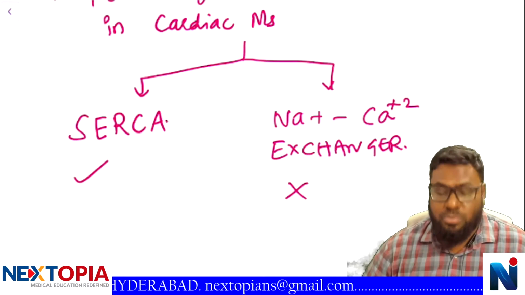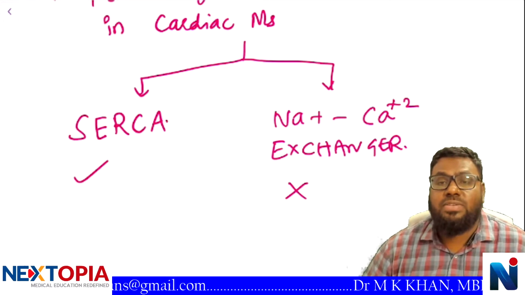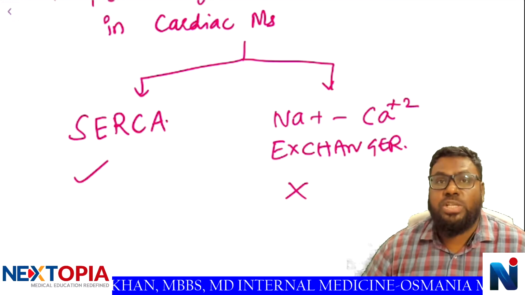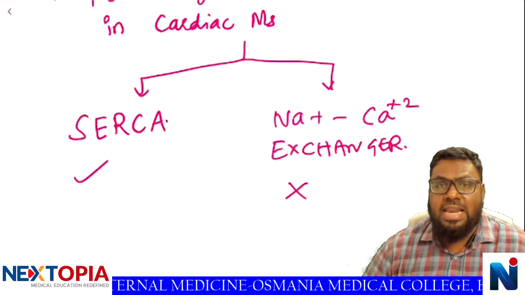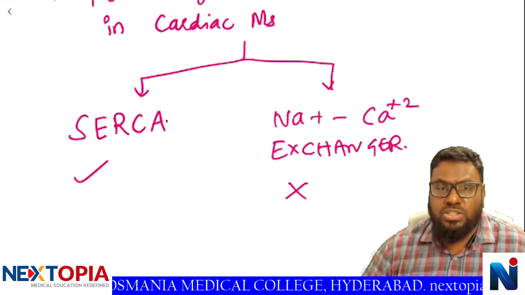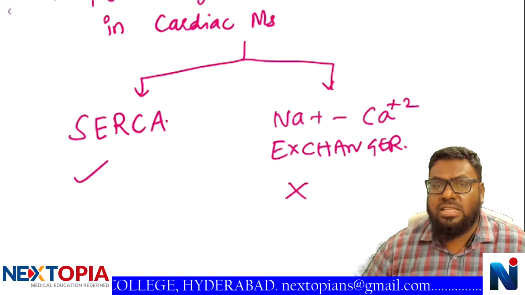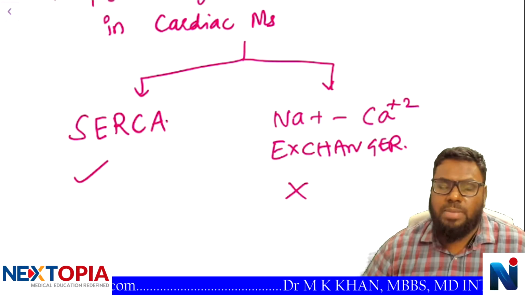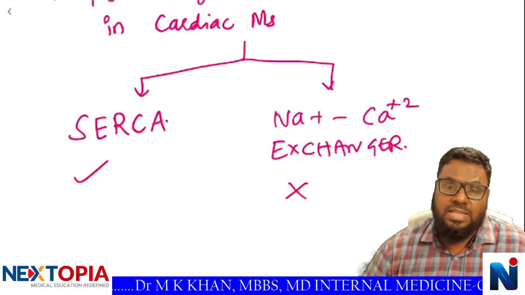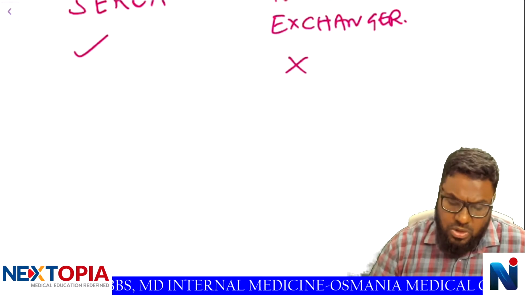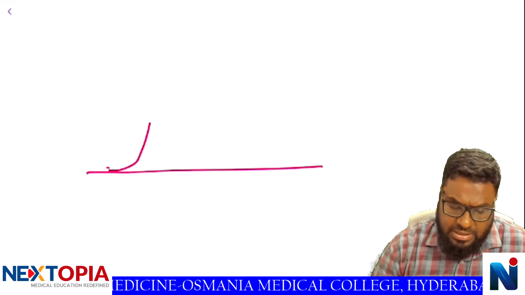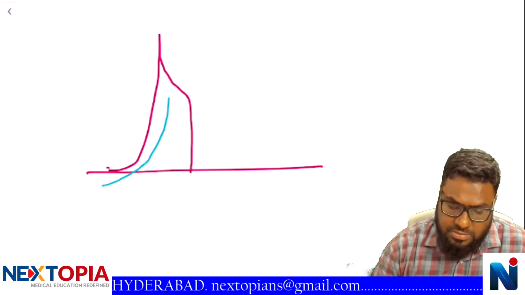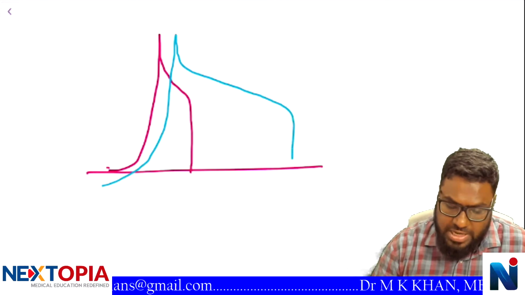The cardiac cells have got a prolonged action potential because of the movement of potassium into the cell, which maintains the positive charge. In our next class we will be discussing the differences between action potentials, but for now please remember the myocardial cell has got a prolonged action potential, whereas skeletal muscle has got a quick action potential. Skeletal muscle has got an action potential something like this, whereas the cardiac action potential is something like this. It has got a prolonged action potential,